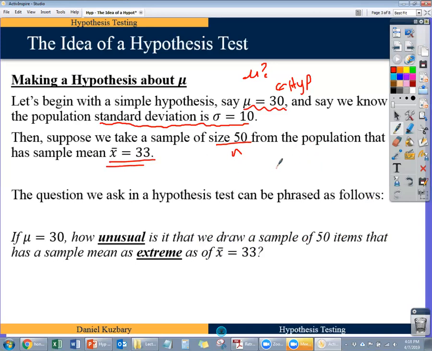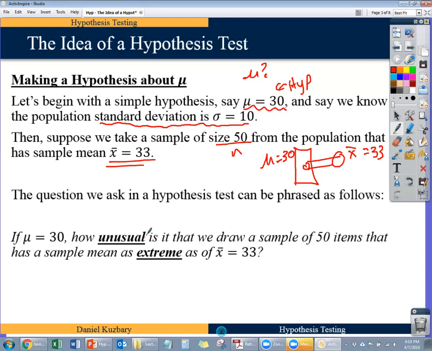Okay, so think back to that little box picture. I'm thinking mu is 30, but I take a sample, and x bar is equal to 33. So this is my hypothesis, and this is what I get from a sample. And then we're going to ask the question when we take a hypothesis test: if our hypothesis is true, so if mu is really 30,